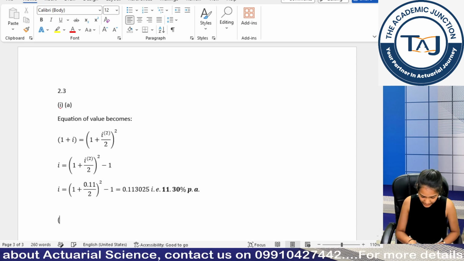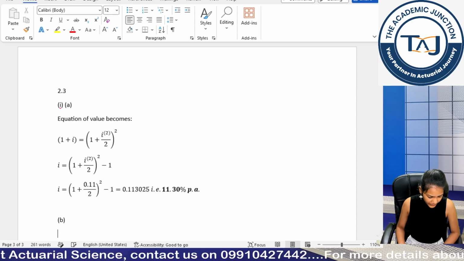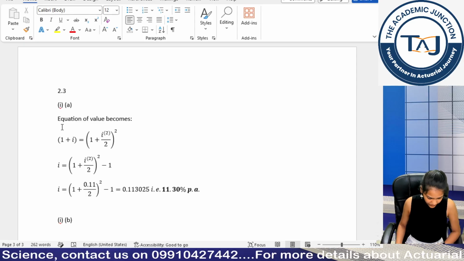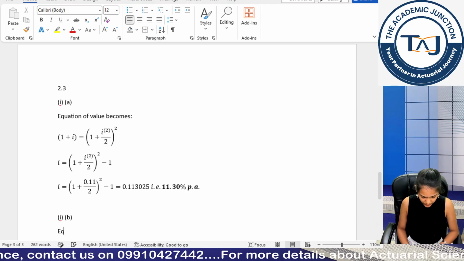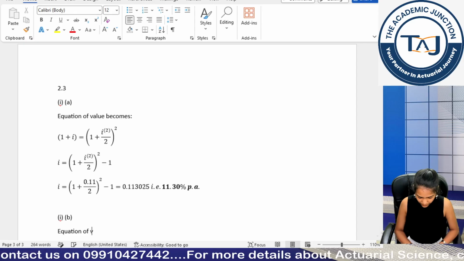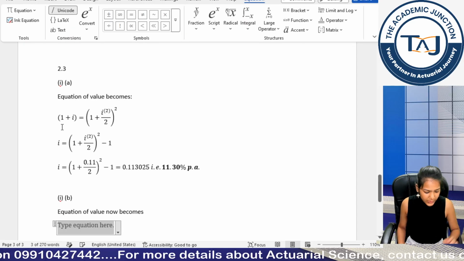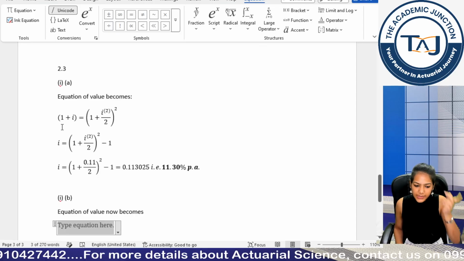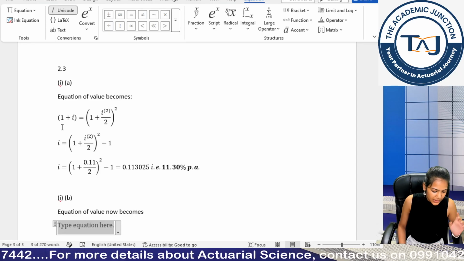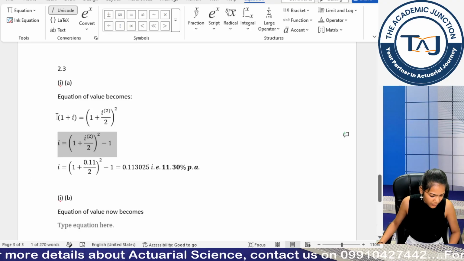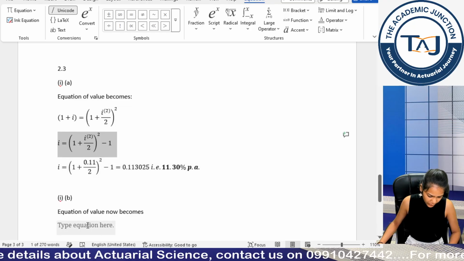Let's move to the second part. Second part. So equation of value now becomes, what will it be? Now since we have given the formula in the upper section, what we can do is avoid this line, we can just simply move to this and this. Okay,